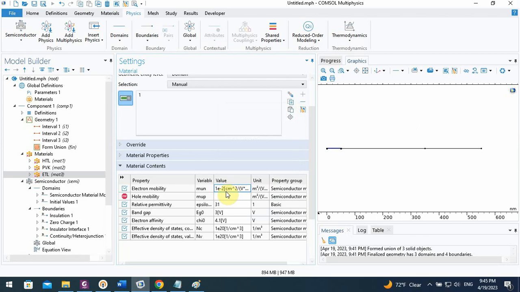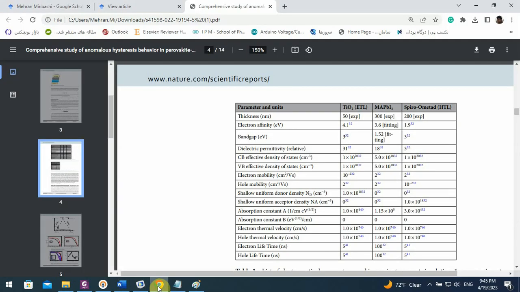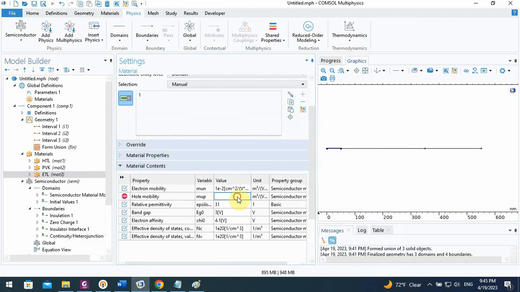For mu p, this value is 2. We can copy paste